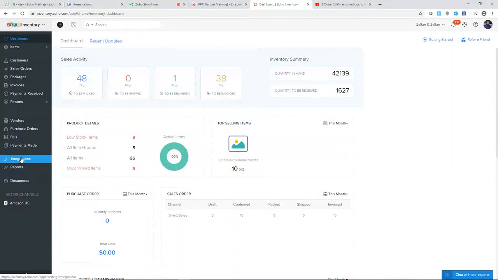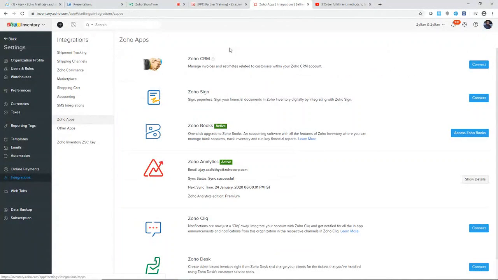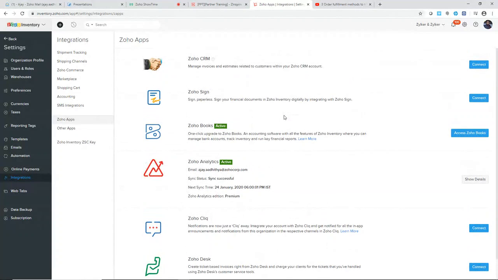Okay, and we are going to directly jump into integrations. Under integrations, you have various sub tabs. I'm going to be clicking on Zoho apps. Right here, I have all the different Zoho app integrations that are available. Each of them will give me a certain functionality. By connecting with CRM, I'll be able to have a two-way information sync,